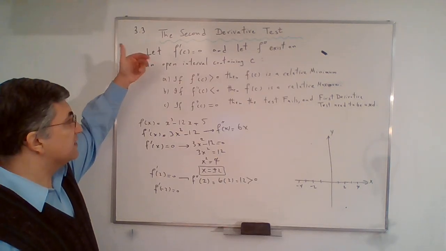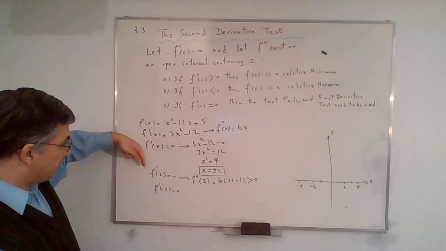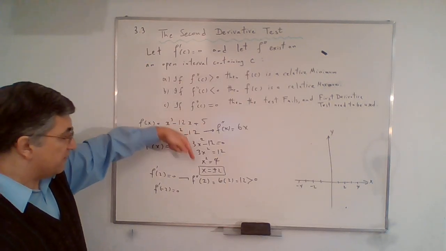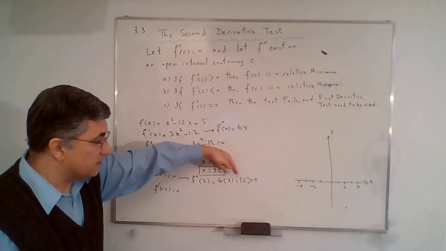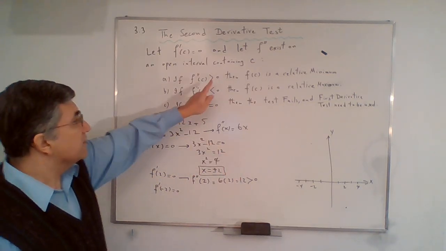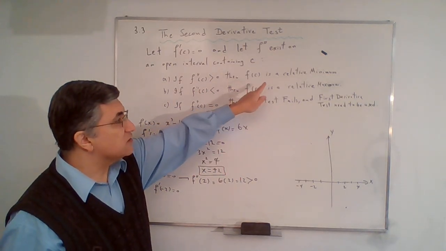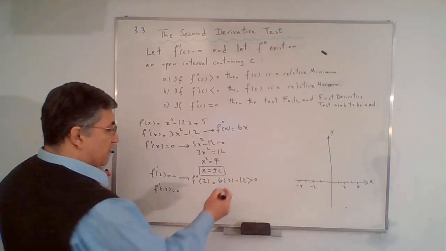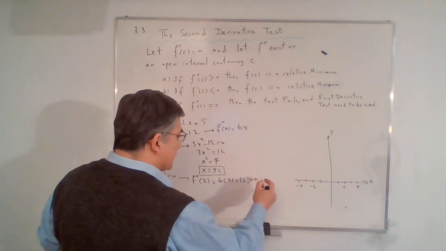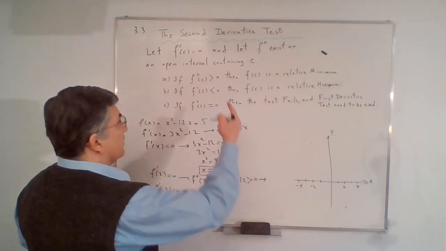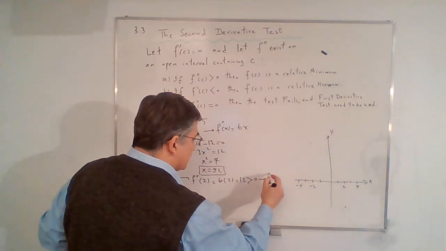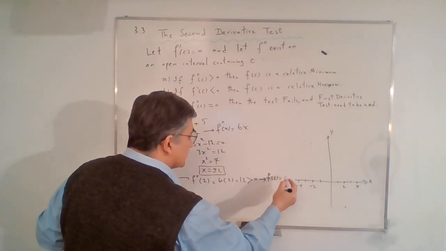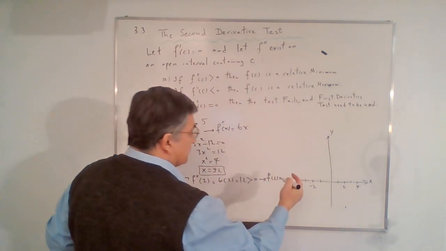The second derivative test states that if f prime at 2 is 0, and f double prime at 2 is a positive value, then f at c is a relative minimum. So now I can say that f at c, which means f at 2, is actually a relative minimum value